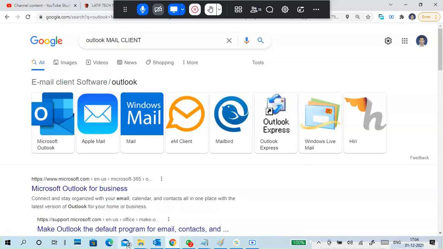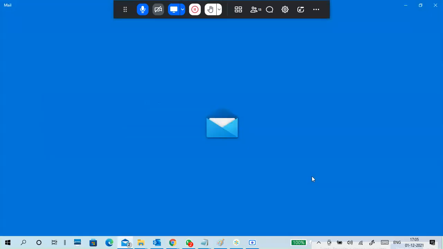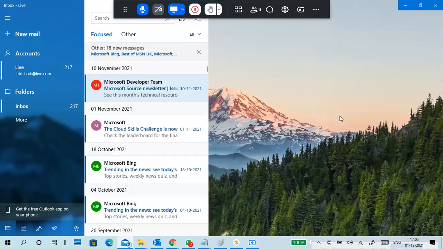This is also a mail client on my screen. I don't know whether you are able to see it or not. This is also a built-in mail client, so you don't require Outlook. Actually, within Microsoft you will get a mail client with your Microsoft license. So this is the Live Mail client. I configured it with a Microsoft Live account only, not with Gmail and all. You can add a new mail account. Then you don't need to worry about opening a browser and all. So even if you don't have internet, you are able to access the mail from the mail clients.